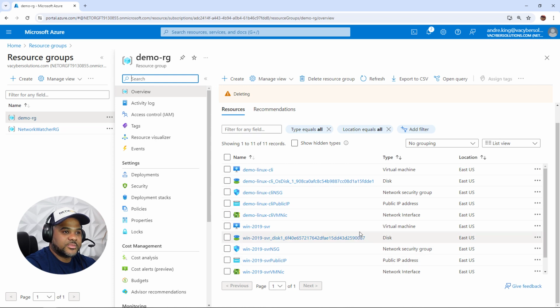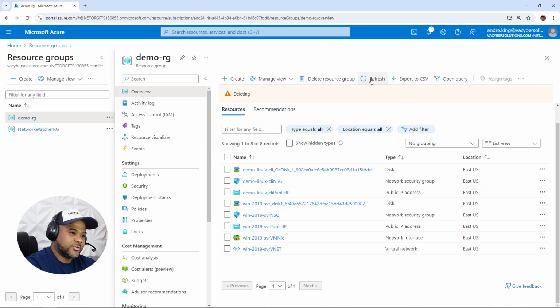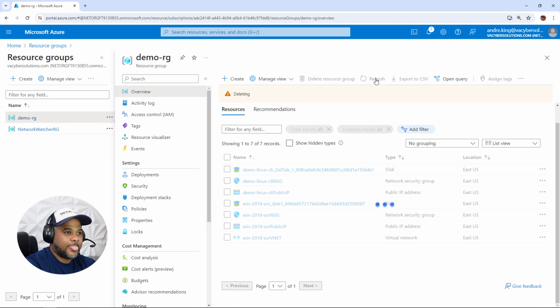And this again, I think it took about 2 or 3 minutes just to preview earlier, just to make sure all was well. This part I won't hold you all for, but it is going to run through. We just saw with a quick refresh some of the resources that were gone there already. And then, of course, the virtual machines will no longer exist. So we're down to 7.